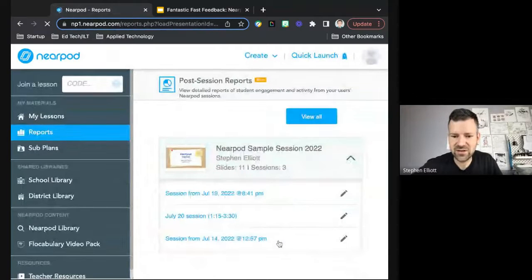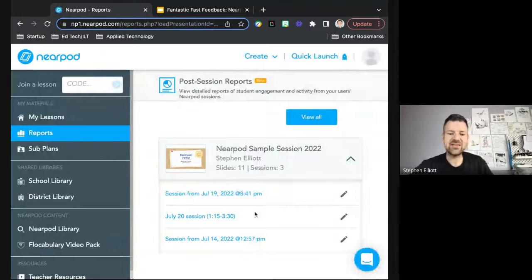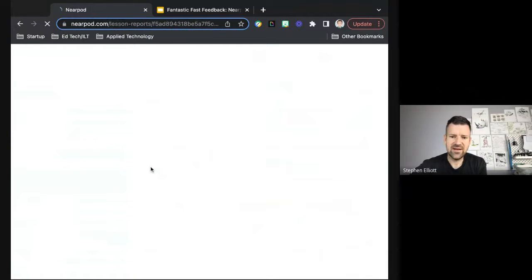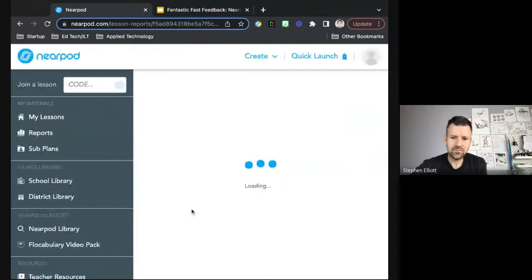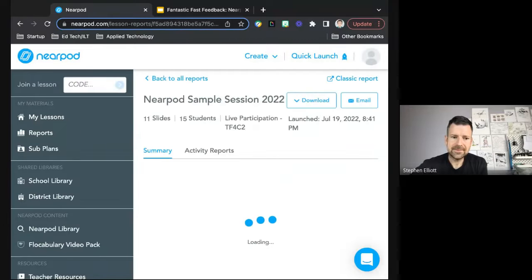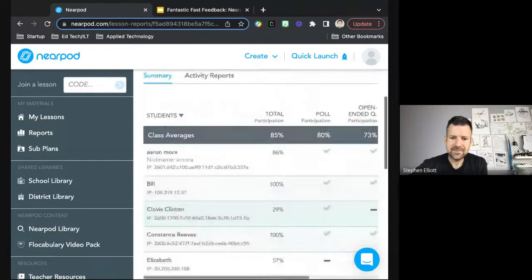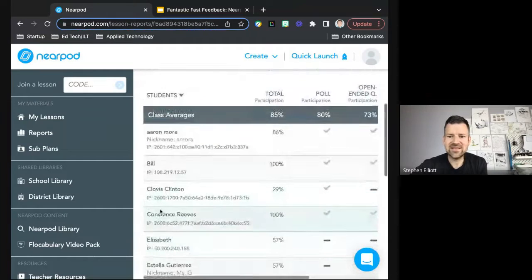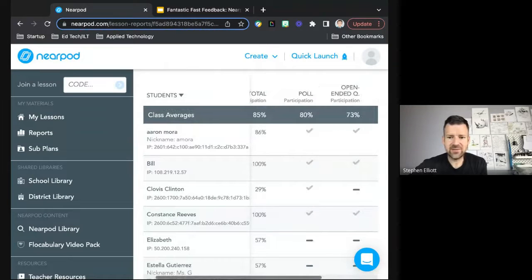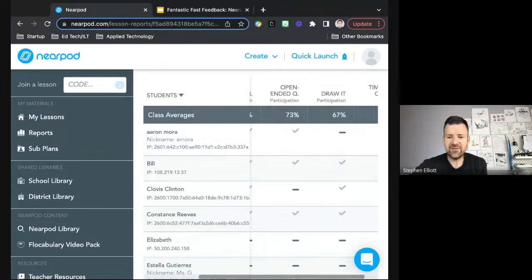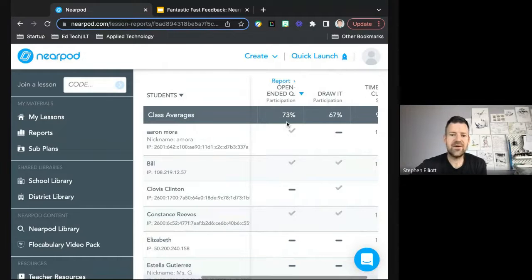All right. It's going to be the session that I made the code on. So I believe this is the one that's July 19th. Let's just see if this is right. I'm going to click on it. Okay, yeah, so here we go. I can see total participation, and then I can see participation in the different types of activities. So, for example, I had 73% participation in